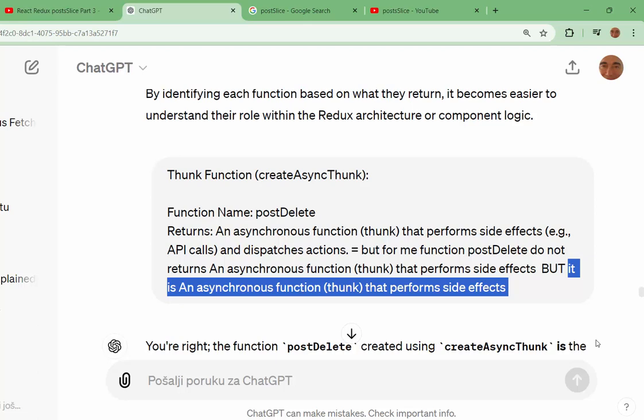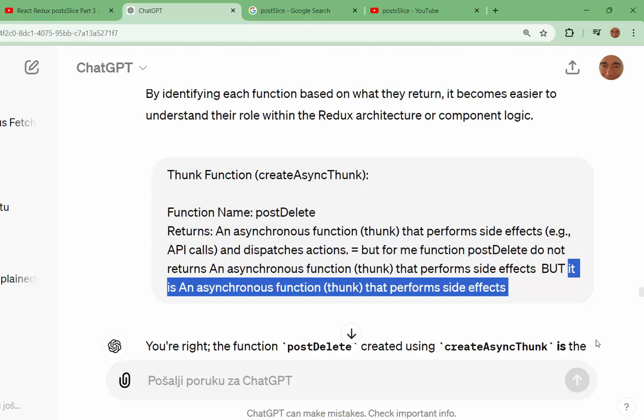Here is a very, very important moment where artificial intelligence understands what I think and understands its own wrong explanation.